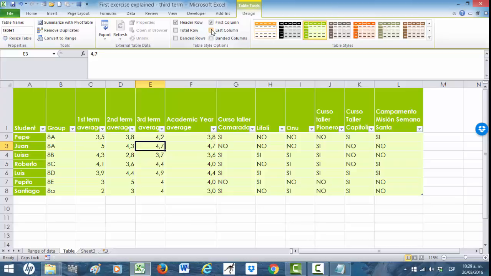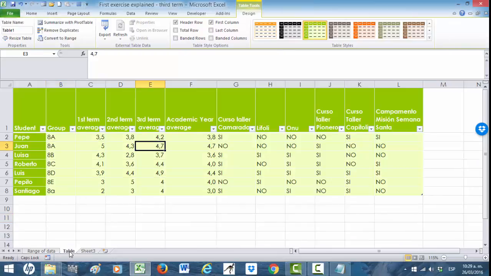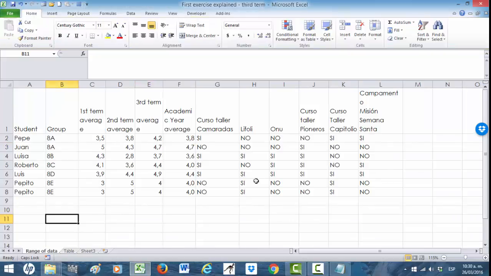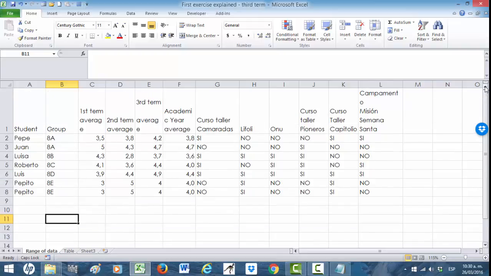Okay, finally let's see another difference between a range of data and a table. We are going to see the differences with the creation of a chart, a graph. So for example, let's go to the range of data. In the range of data we are going to have a chart